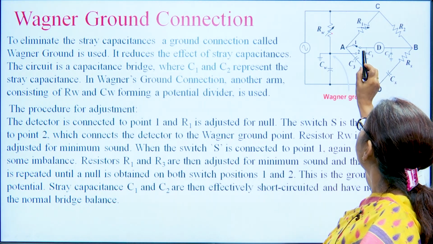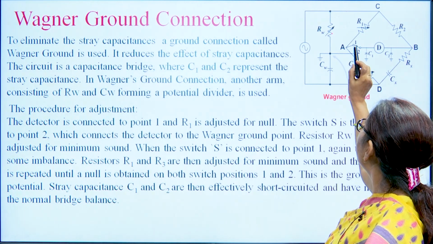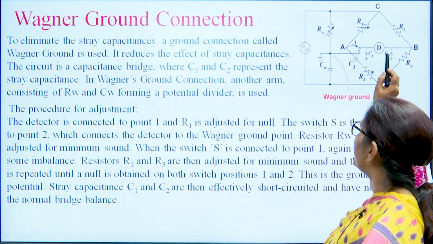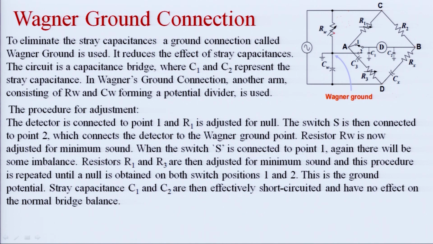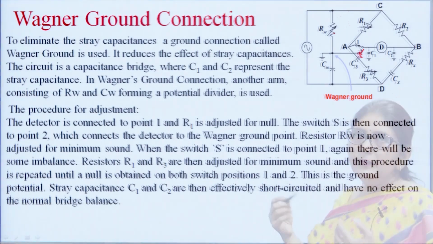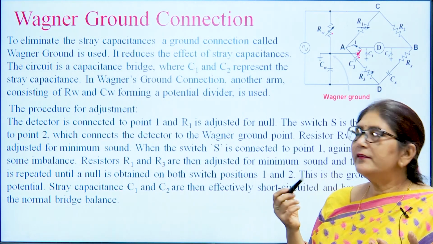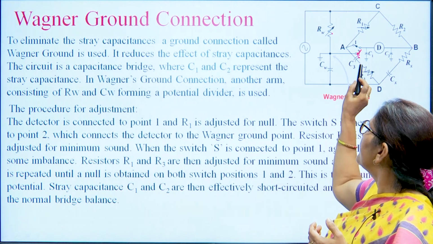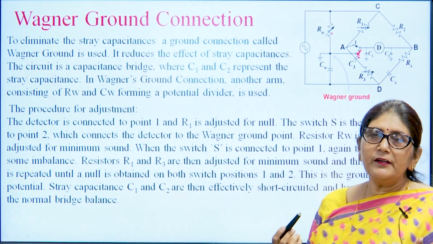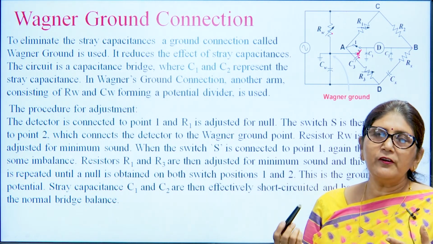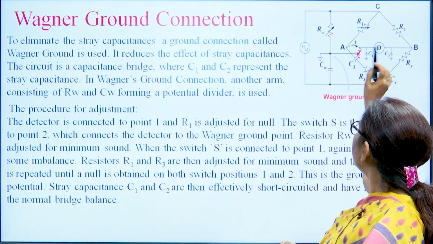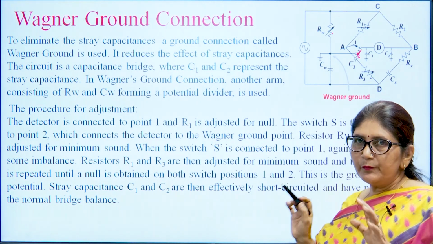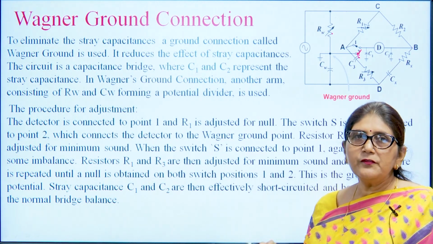First we put the switch at one position and balance the bridge by seeing that there is no current through the detector. Then the second time we put the switch at the other position, and by varying the Wagner ground we see that the bridge is in balance condition. Then by switching from 1 to 2, we regularly check whether the bridge is in balance condition or not. When the bridge is in balance condition at both positions, that means there is no effect of the